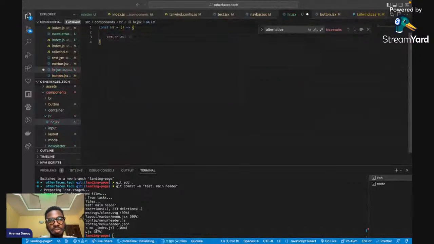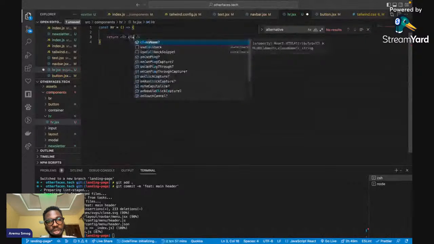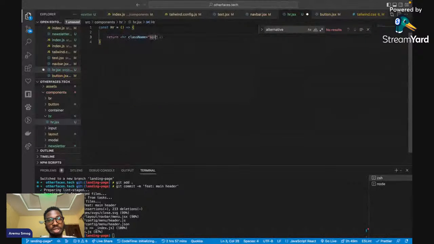Then the className equals basically bg-gradient-to-r, then bg-gradient-to-r, then